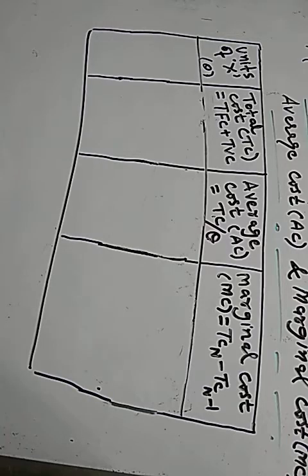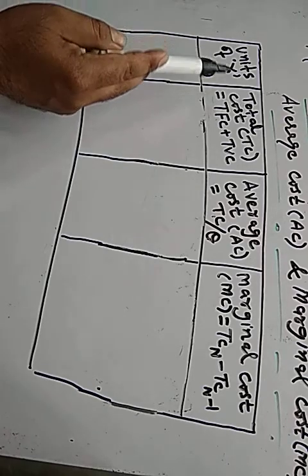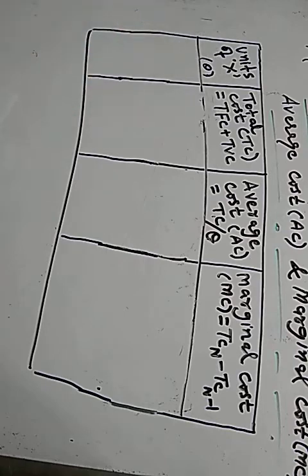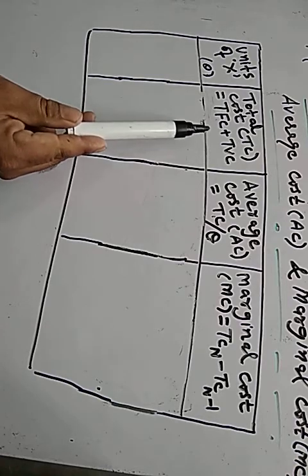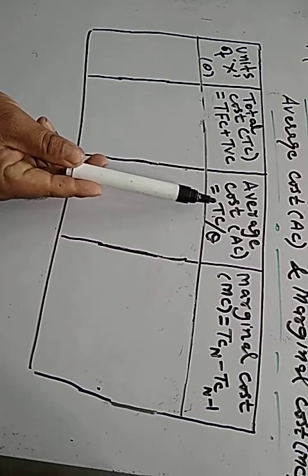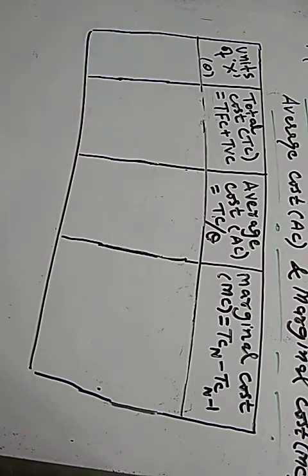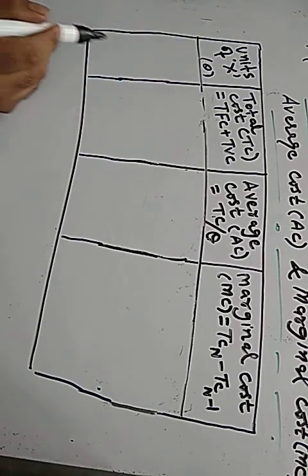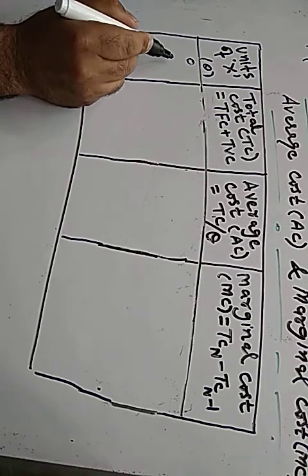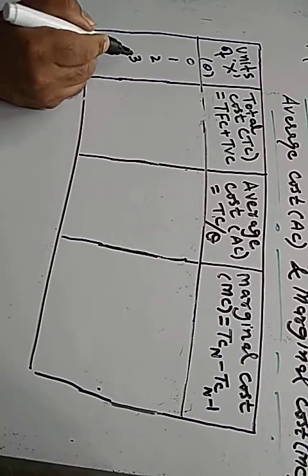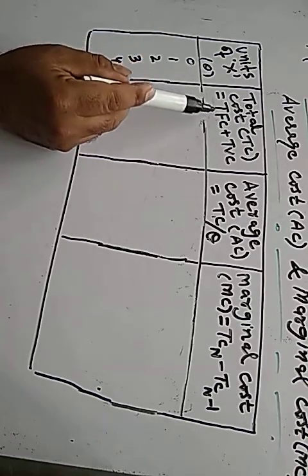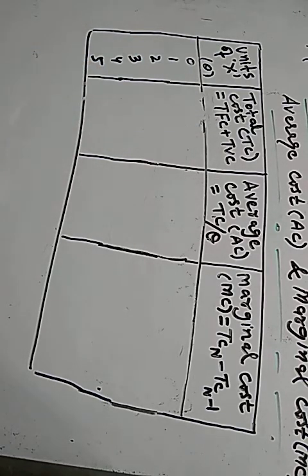In this table we have different columns showing different levels of output, and total cost, average cost and marginal cost at different levels of output. Suppose the output produced is commodity X, it may be any commodity, and output is 0, 1, 2, 3, 4 and 5 units. Total cost, which is the sum of total fixed cost and total variable cost,